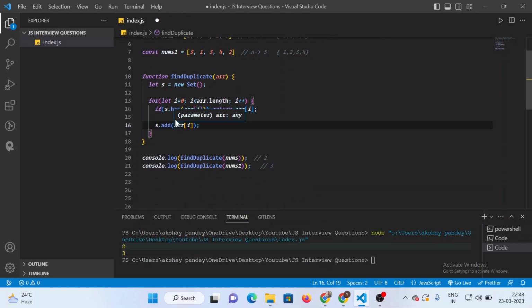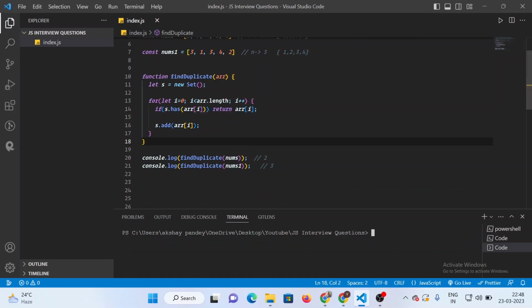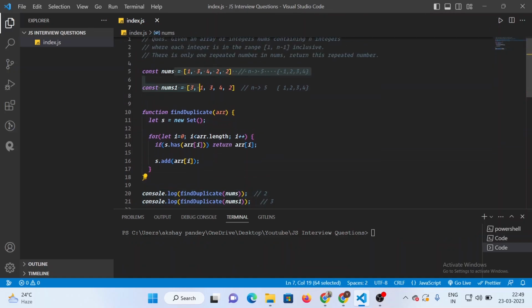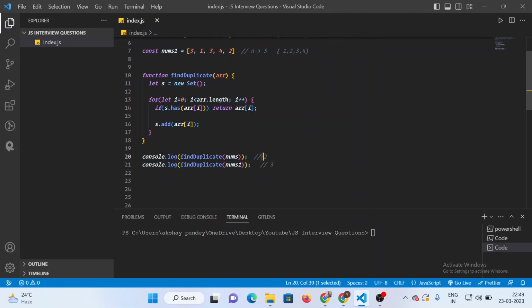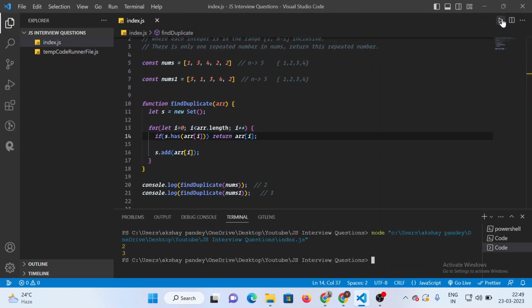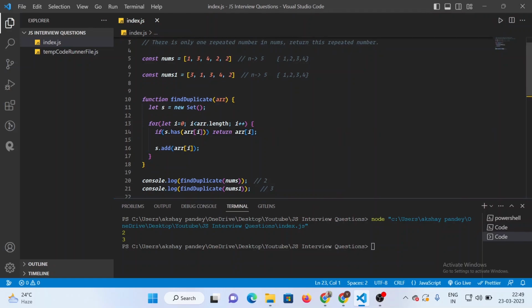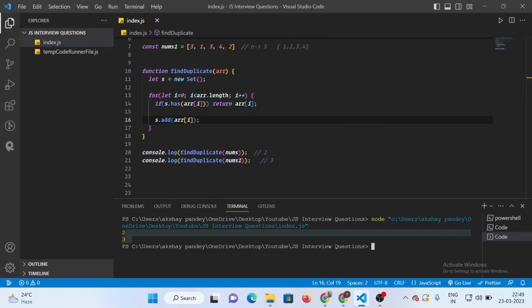Right, so let's test it out as well. We are going to pass those two arrays only. We know the answer should be 2 in the first case and 3 in the second, right? So just test it out. Yes, we are getting the output as required, 2 in the first case and 3 in the second case,